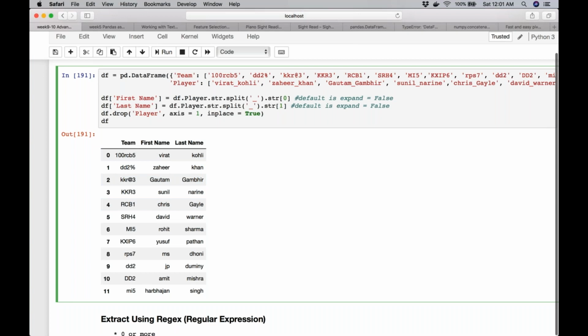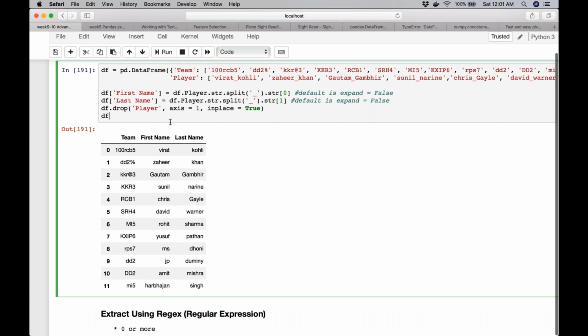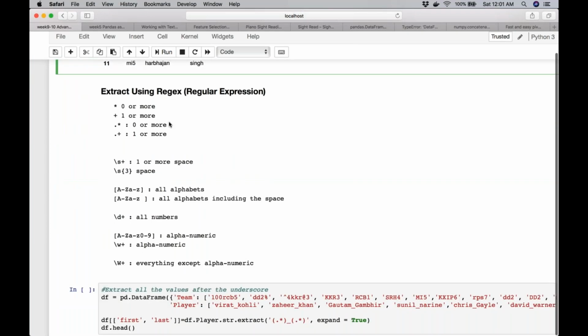The team, of course, I've not made any changes to because I loaded the data frame again. So it still has all the unnecessary characters and numbers, but our first and last names, we are able to create two different columns. So these are the kind of functions which are available. Now, of course, there are many more, and we are going to talk about some of them, but let's focus on regex. How many of you are aware of or have worked with regex? You are very comfortable with regex?